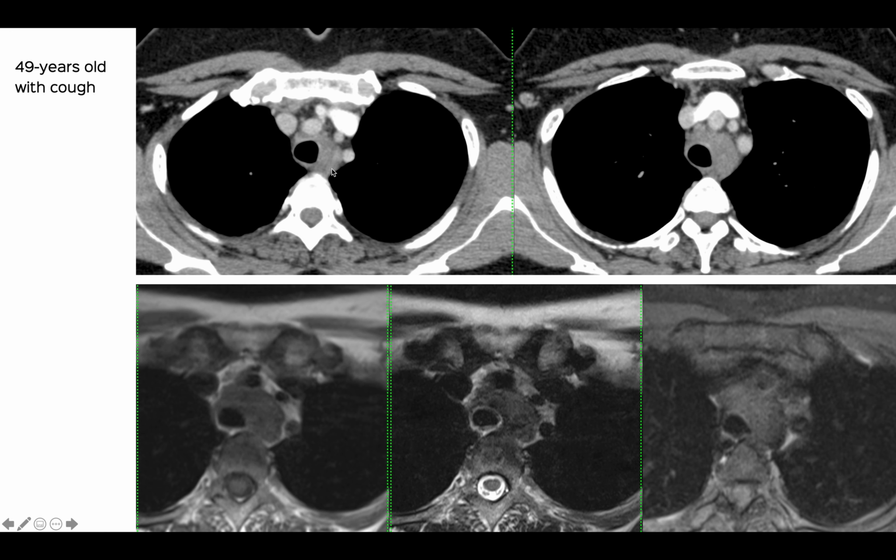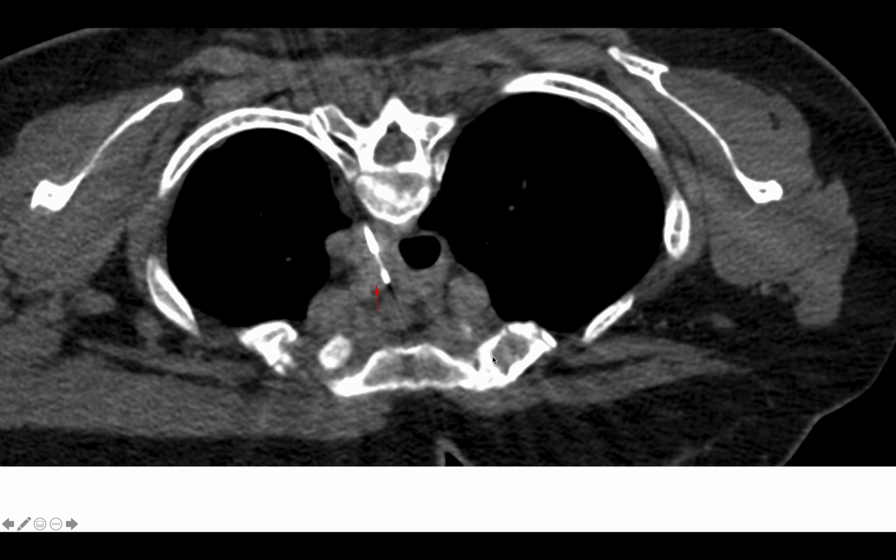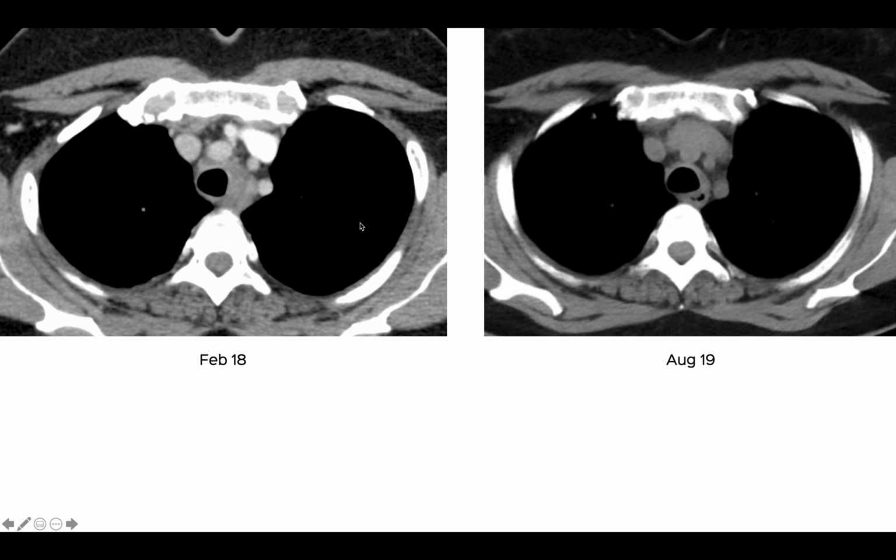So this is a 49-year-old who presented with cough, and there is this abnormal soft tissue in the left paratracheal region involving the tracheal wall, thought to be malignant slash lymphoma, but it was dark on T2 on the MR. And that led to the possibility of this being fibrosis. Anyway, went ahead and biopsied it using an extrapleural approach. And this turned out to be a combination of inflammation and fibrosis. The patient was treated for this, IgG4 negative,